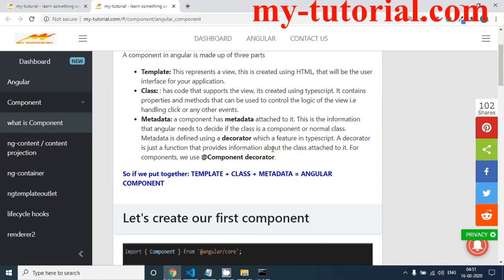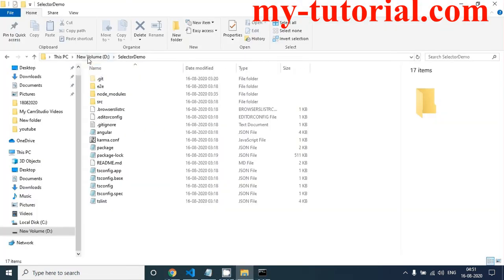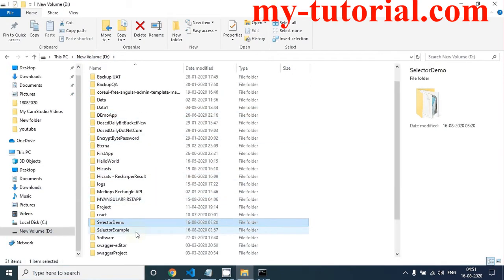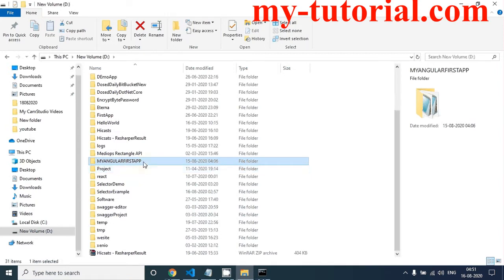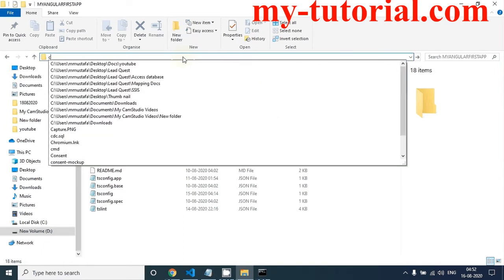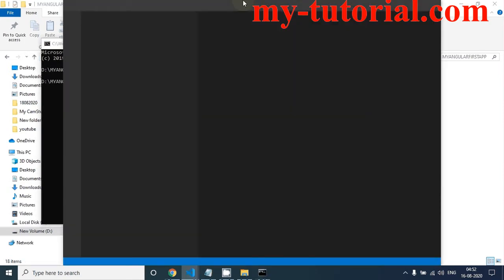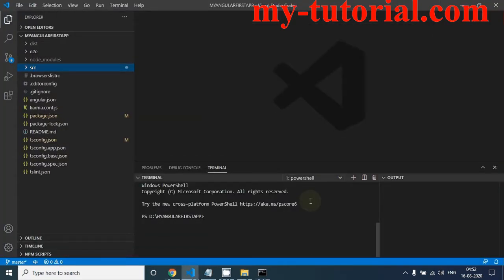So for demo purpose, I will open up any of the projects that I have created previously. So just go to the folder in the D drive. I have created so many projects. So let me open my Angular first app. So just double click on that, come to this address bar, type CMD and press enter. From here you have to type code space dot. It will open up your project in Visual Studio Code. To understand component better, let's create a new